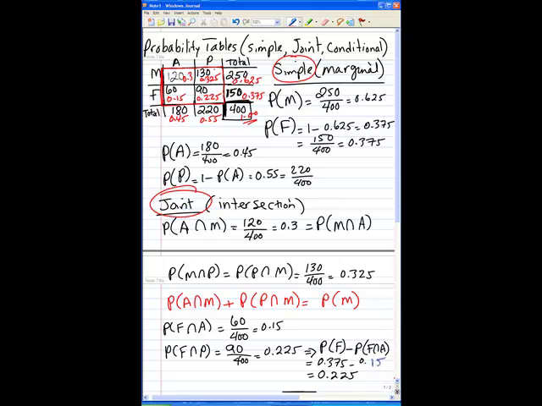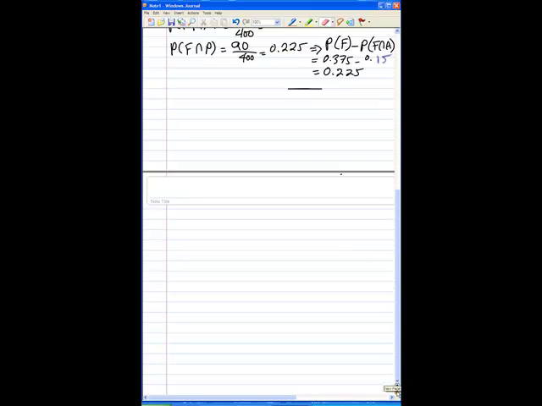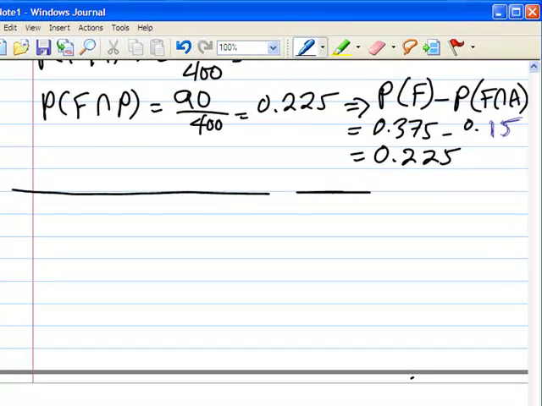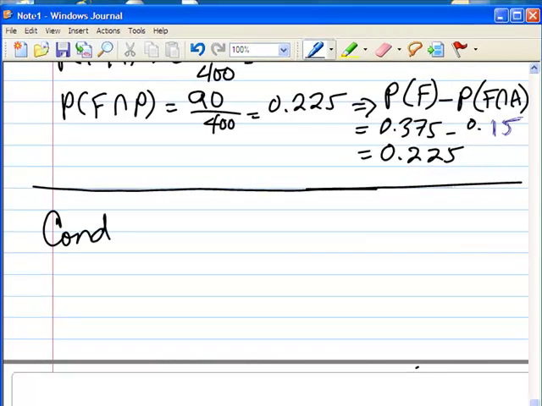So what I'll do is I will erase some of this, or maybe I should just go a little bit further down, and hopefully you have written this along with me as I've been talking about it, or maybe the second time you watch it you will be writing it down so you can refer back and forth up to the top of the page. So now we want to talk about conditional